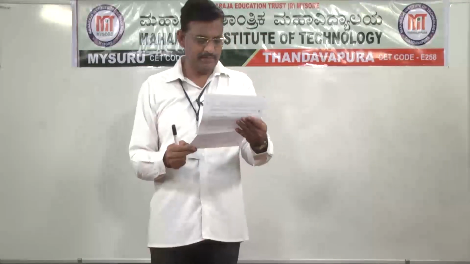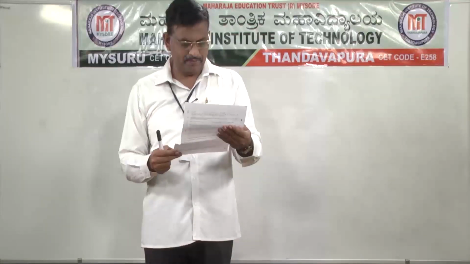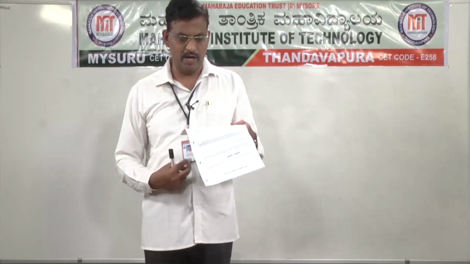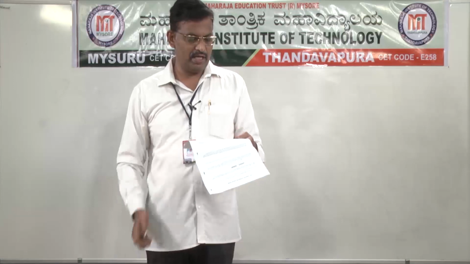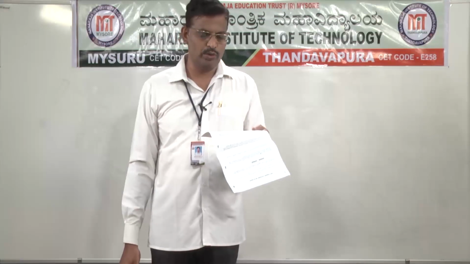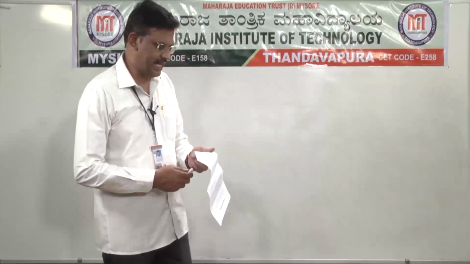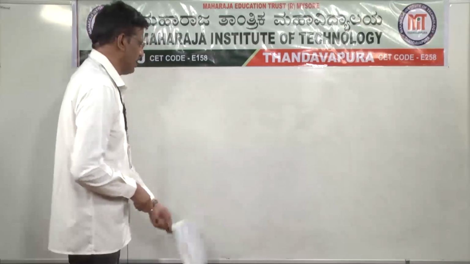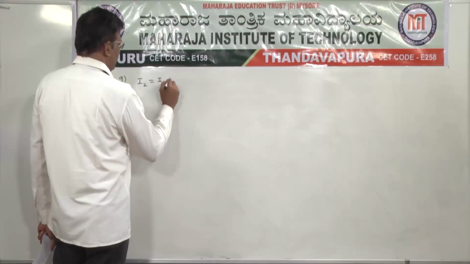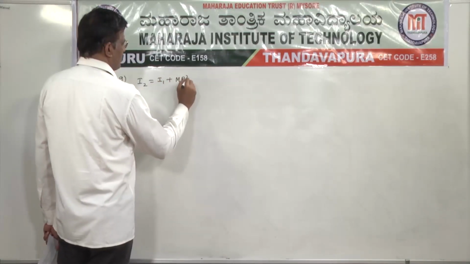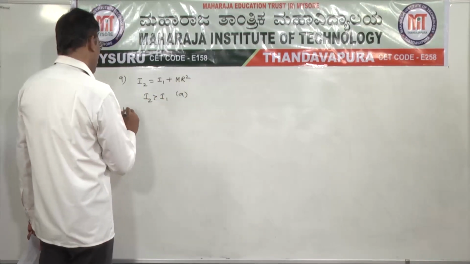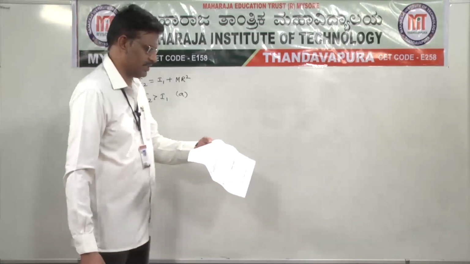Next, 9th question. The moment of inertia of an object about an axis passing through center of mass is I1, and the moment of inertia about an axis parallel to it but not passing through the center of mass is I2. Then it is directly the parallel axis theorem. The 9th question solution is according to the parallel axis theorem. We can write it as I2 is equal to I1 plus mr square. So automatically here I2 is greater than I1. So option A is the right option. I2 is always greater than I1.